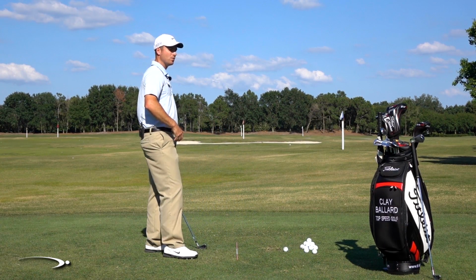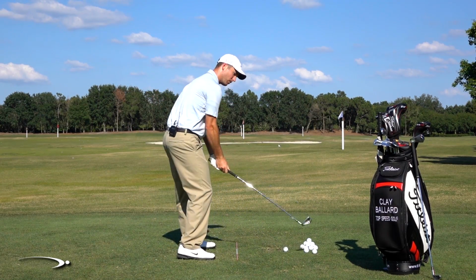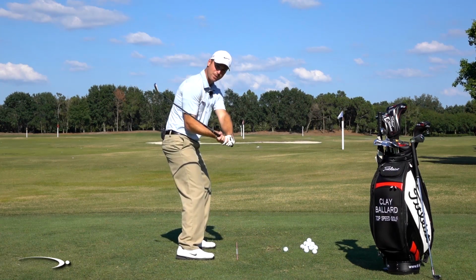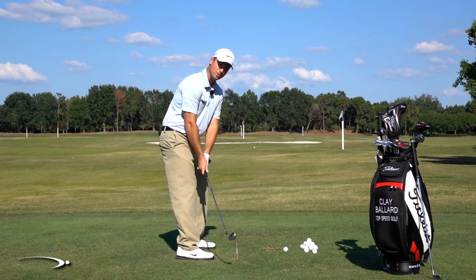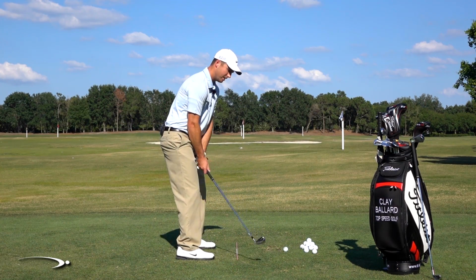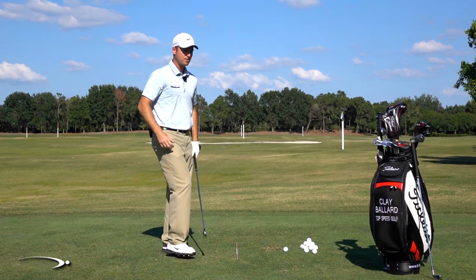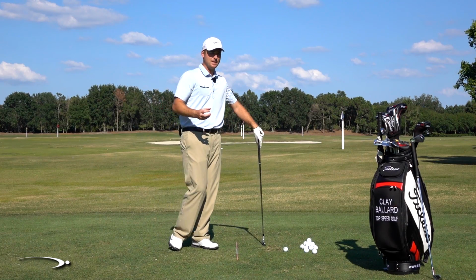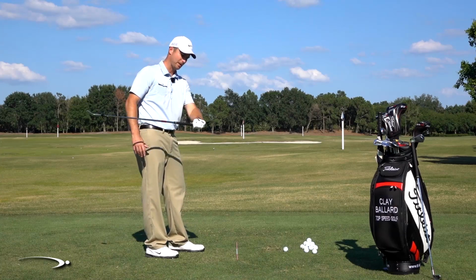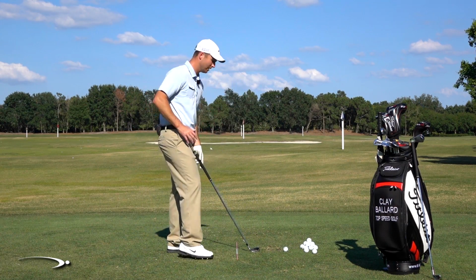So the players that tend to do better with this are players that have been coming kind of inside and looping it over the top, have the big over-the-top swing. Well, if they start to feel like they do this and shallow it out, that's the exact opposite of what they usually do. So instead of taking it back inside, they're now taking it back more outside. Instead of going over the top, now the club is starting to shallow out in the downswing. So for a lot of players, as they first start to do this, they maybe feel pretty good. They're getting a little bit more to the inside for the first time in their life as the club is shallowing out. But what happens with anything that gets this kind of extreme, in my opinion, is that eventually we